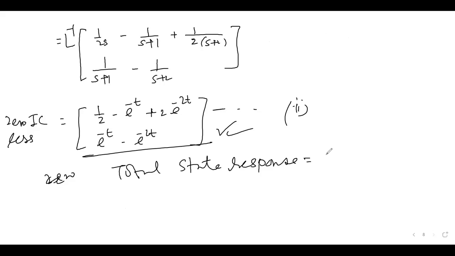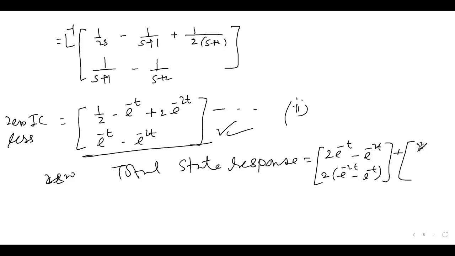So if you calculate these two matrices, we'll get 2 e to the power minus t minus e to the power minus 2t, 2 into e to the power minus 2t minus e to the power minus t, plus this matrix. Okay, this matrix. So again, after simplification,